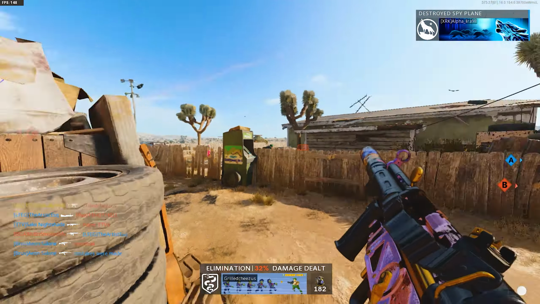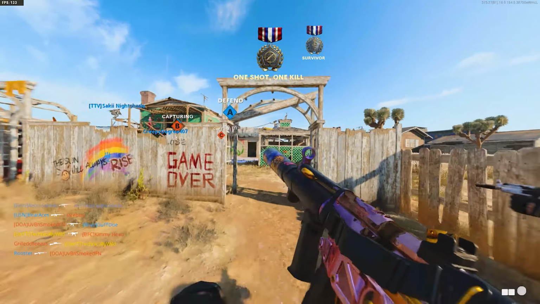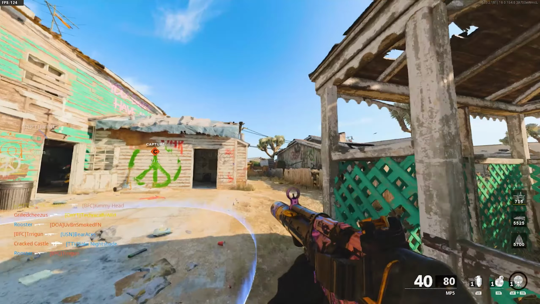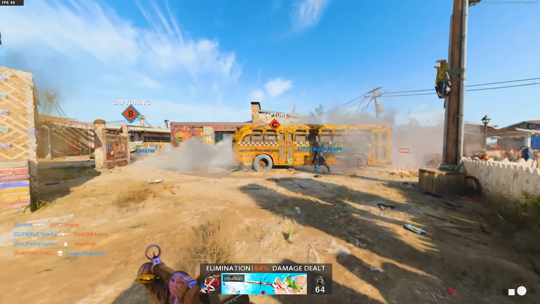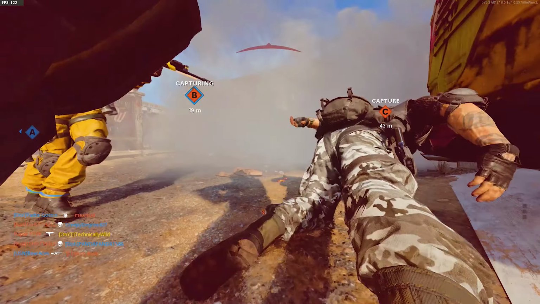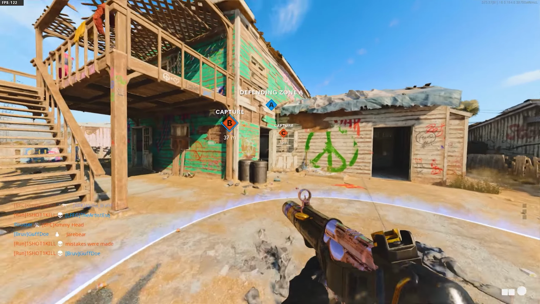In 12v12, since the maps are a lot bigger, there's a lot more places to hide, and there's a lot more places where enemies will bunch up, and if you get the flank on them, you can go and melee like 5 enemies from behind while they're fighting your team. So melee kills with the launchers are extremely easy, and